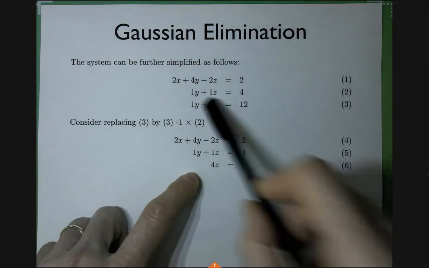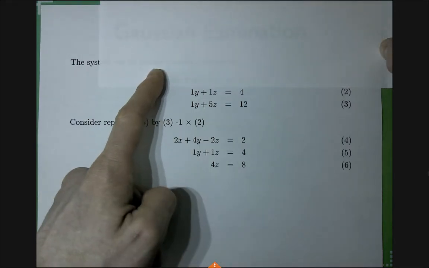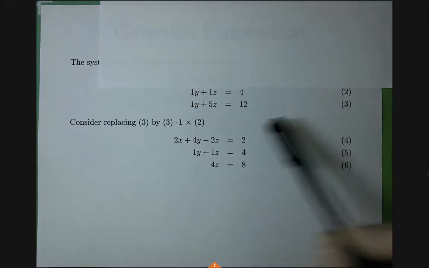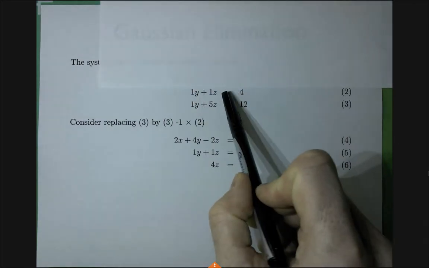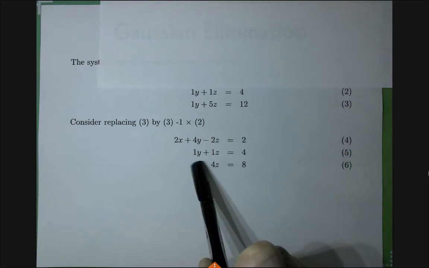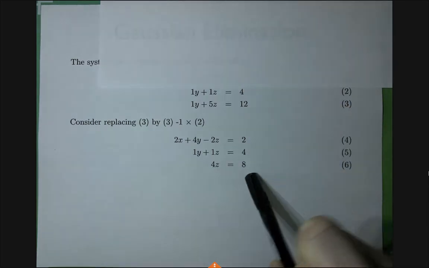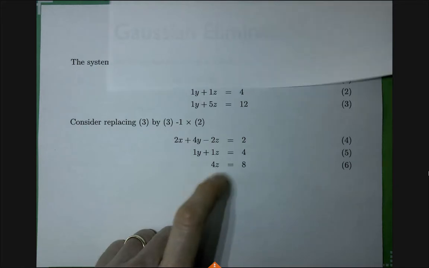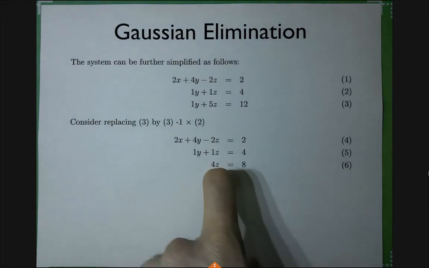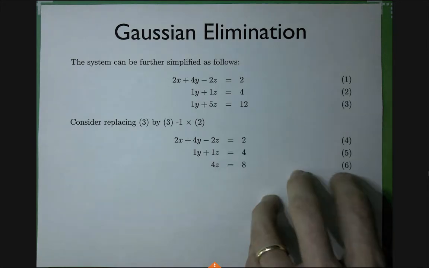So the final step, basically, now we have brought it to this form, so now we can forget about the first equation. And what we do, we take this equation, multiply by -1, and add it to the last one. So what we get by doing this, we get 0 here, we get -1 plus 5 is 4, and -4 plus 12 is 8. So we transformed it to an equivalent system, right? Just like when you are doing transformations to a single equation, you know that they are equivalent. And the point is that now this can be solved quite easily.